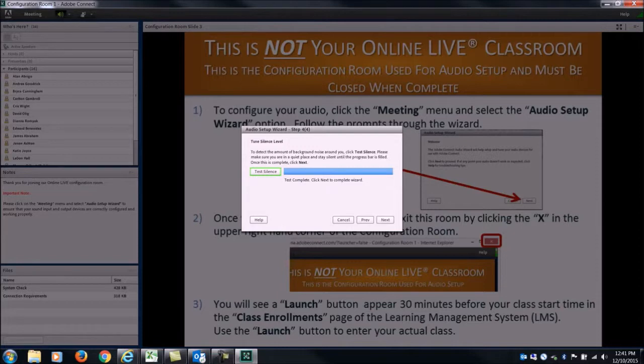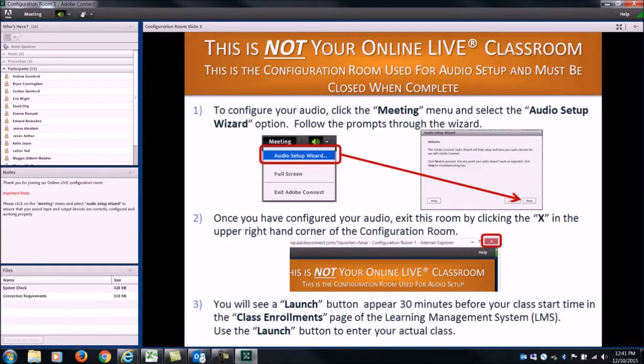It says Test Complete. Click Next to complete the wizard. We choose Next. It will tell us our settings that it was done. Now that we have done that, we can click Finish, and we are done in the configuration room. To exit out of the configuration room, all you have to do is click on the X in the top